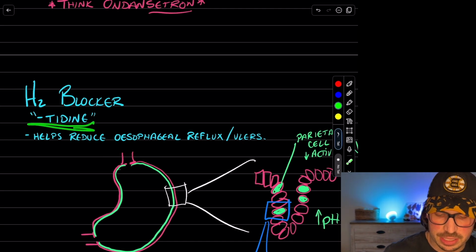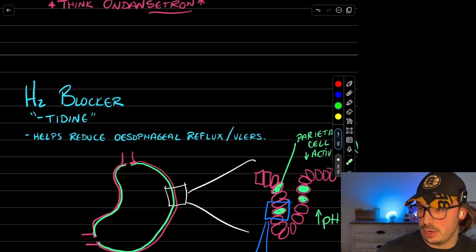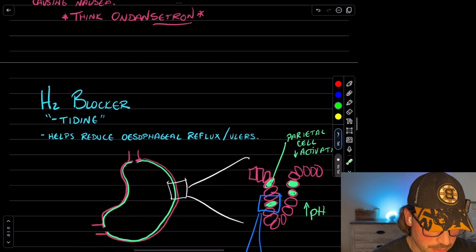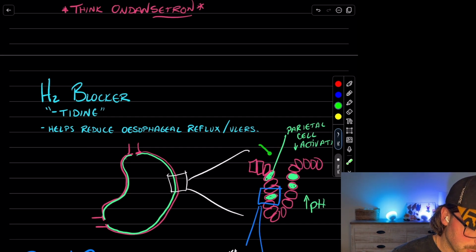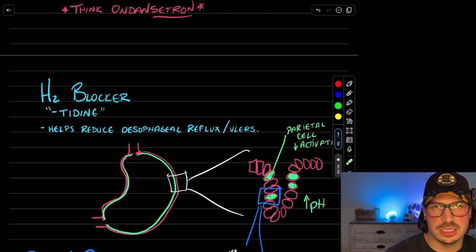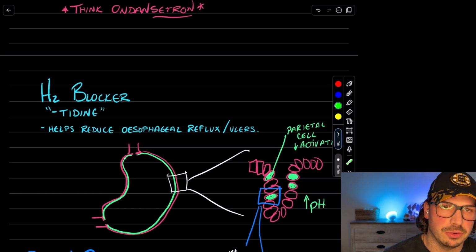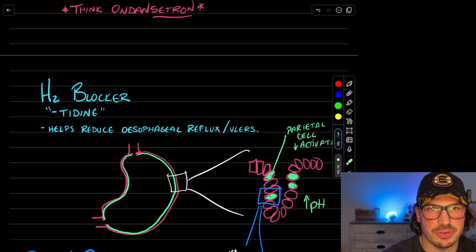They're denoted by the suffix -tidine. So the big ones we see are famotidine and ranitidine. We don't see these ones as often as the next group down here. Quickly, I'll just talk about how these work, though. They're basically blocking the binding of histamine to receptors on the outside of these cells. These are called parietal cells in the inside of your stomach lining. The parietal cells are actually what are responsible for pumping out hydrogen ions into the stomach fluid, making it more acidic. So it prevents the binding of histamine to the actual outside wall of the cell and preventing the production